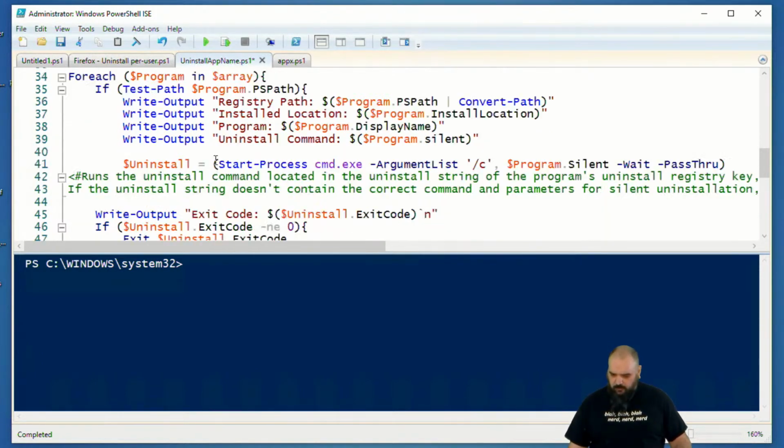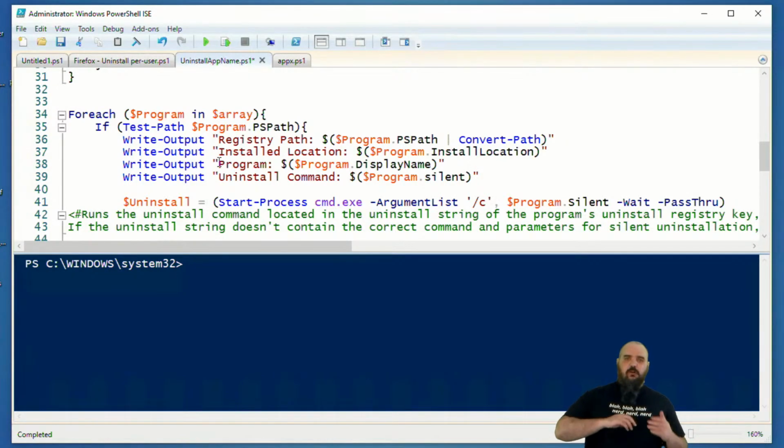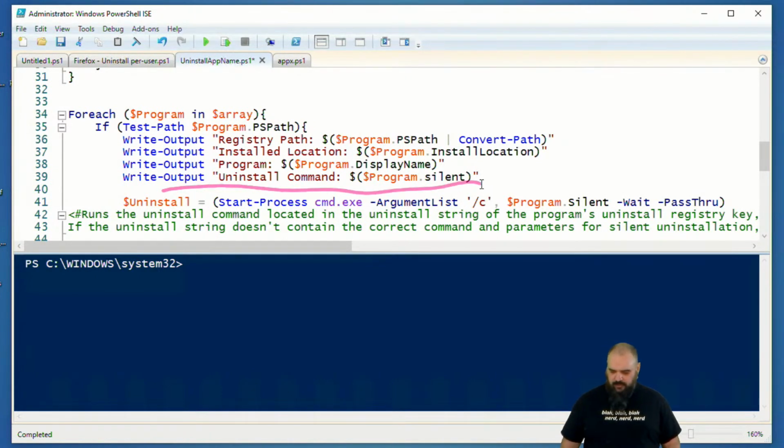All right, so after that, we have all of our results. We have our pre-built strings, and so we're just going to print out the information that we're gathering here. The registry path, which is where it's installed. This is how you do the uninstall. This is the name of the program, and this is your uninstall string. And then right here on line 41,